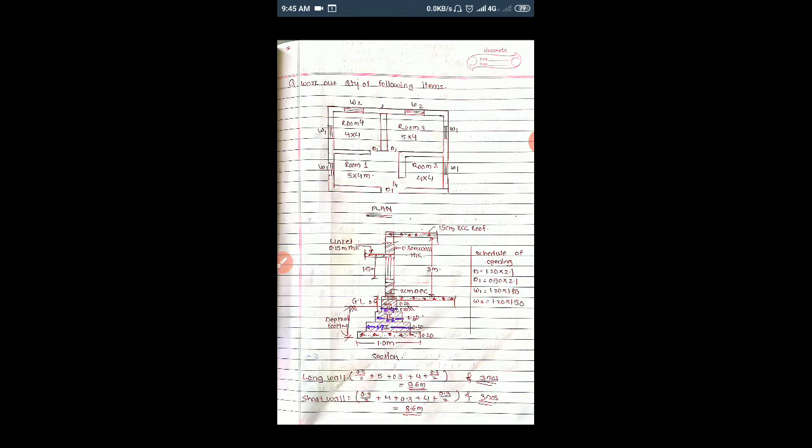First of all we will solve this numerical by using the long wall short wall method, and then we will solve the same numerical with the center line method, and we'll see what is the difference between the two methods. In the previous lecture I discussed the same type of numerical, and there also we solved it by using the long wall short wall method and center line method. So you also refer to that video and then this video.